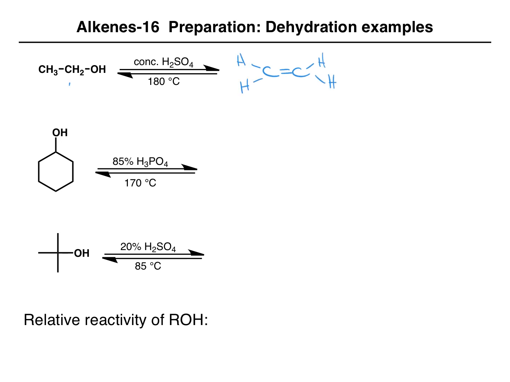Note this is a primary alcohol, and we also have water as a byproduct. We usually don't care about that. We focus on the organic species. In our next example, we have cyclohexanol. This is a secondary alcohol, and if this is treated with 85% phosphoric acid heated up to 170 degrees, the